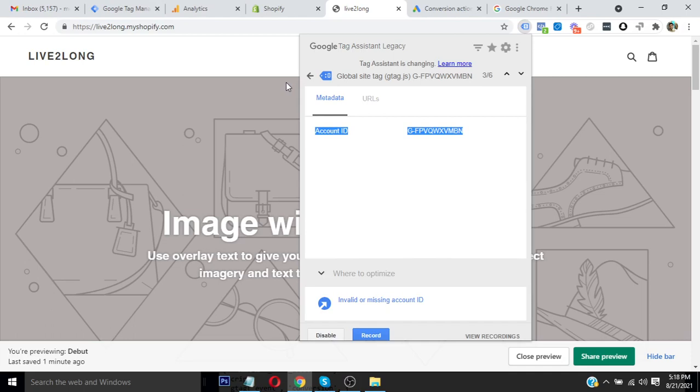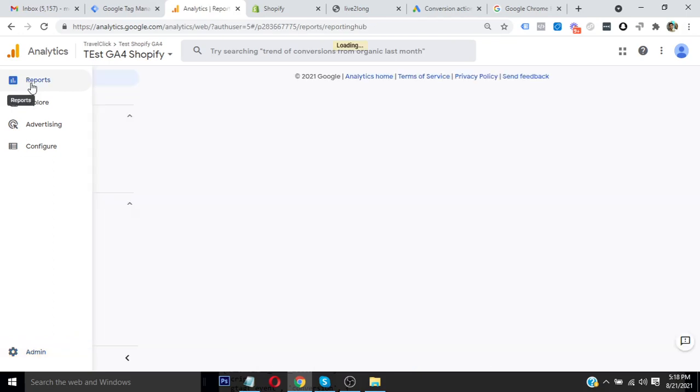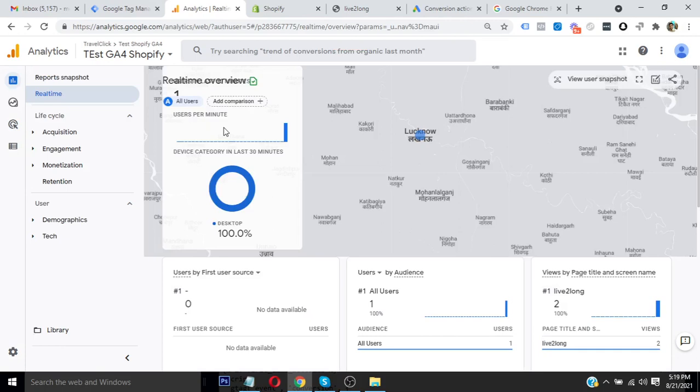And the second way to verify is to go straight to the Analytics settings, and from the left option we can click here on Reports. From Reports, we need to select the Realtime tab, where we can see the real-time users who are right now on our website and navigating from one page to another. So right now you can see we are the only one from our country. That means our Google Analytics tracking has been successfully installed.